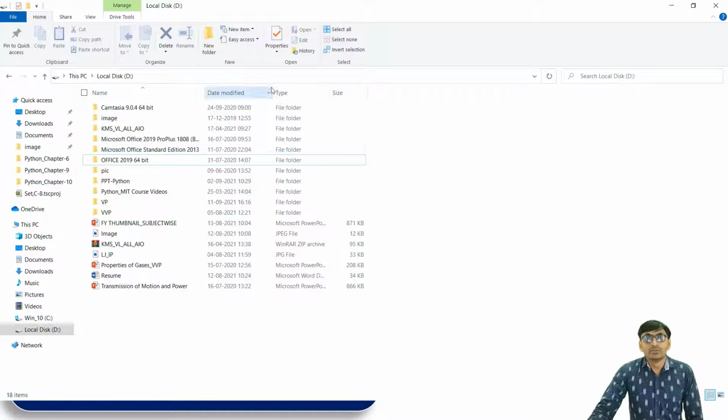So this is the D drive, and in it the MyPythonProjects directory is not present. It was removed by the rmdir function, the remove directory function.